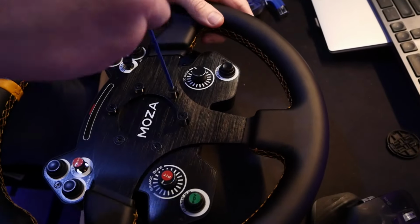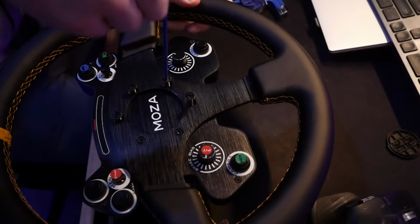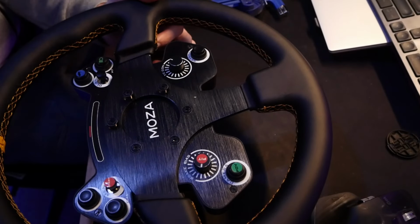This one's got a lot of Loctite on it. This one also looks a little bit more concave. It's got a little bit more of a dish on it than the Moza wheel. That's always good too. You won't say no to that. Alright. Beautiful. So I won't do it up tight yet. Just give me back my...